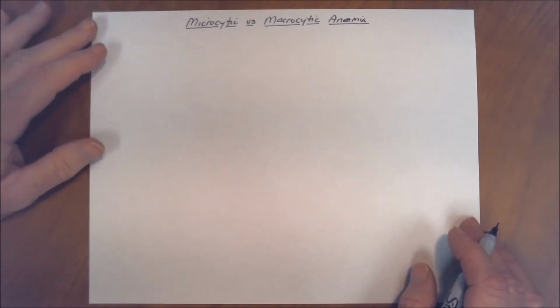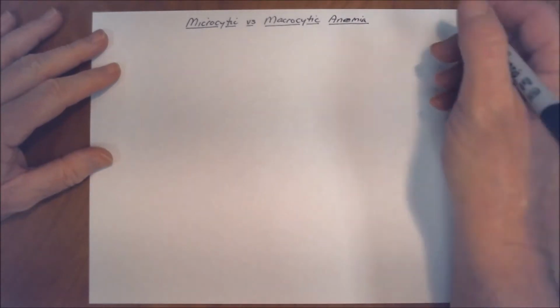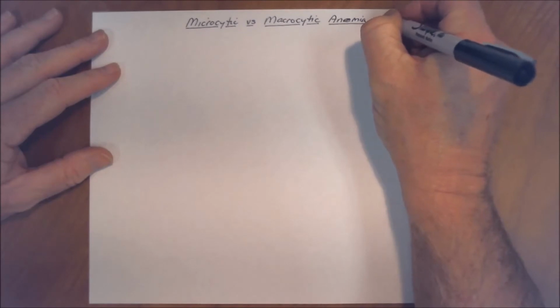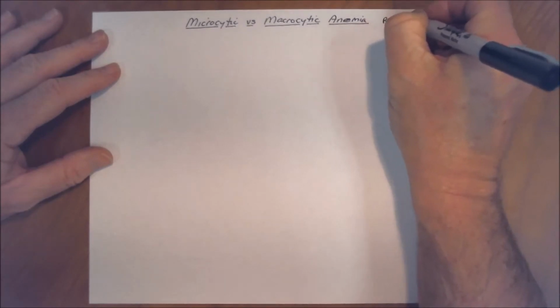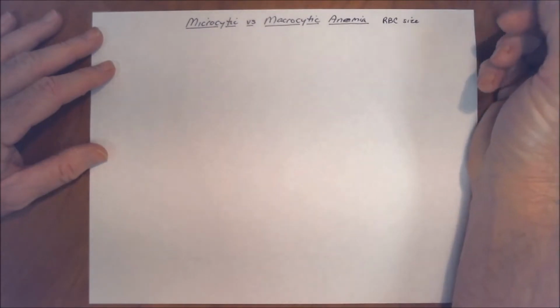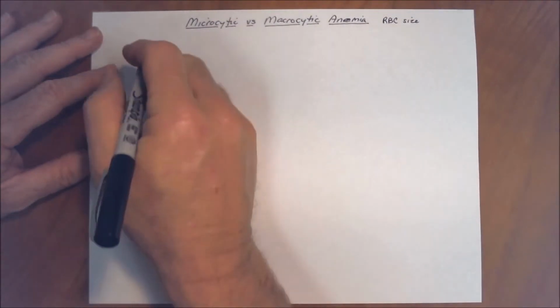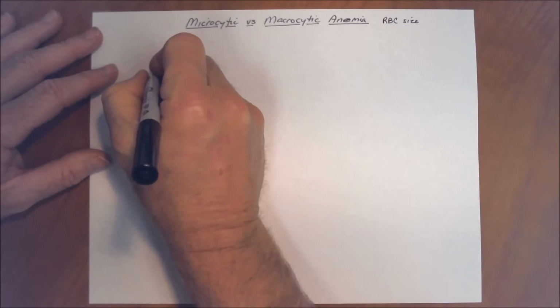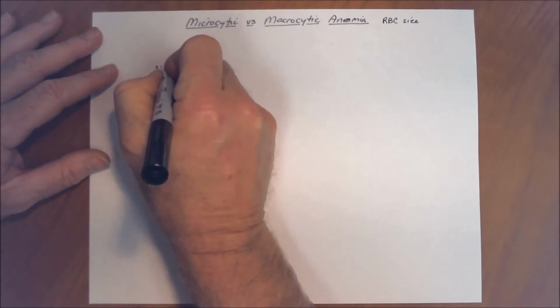Now let's take a look at microcytic versus macrocytic anemia. And these are diagnosing anemias based on red blood cell size. The first type of red blood cell size disorder we'll take a look at is the